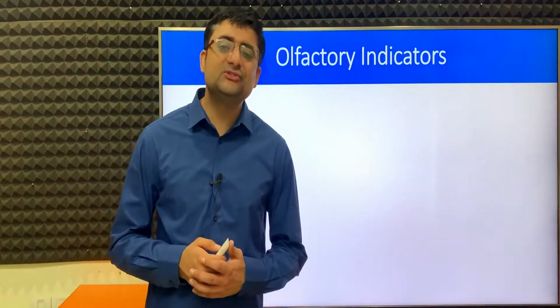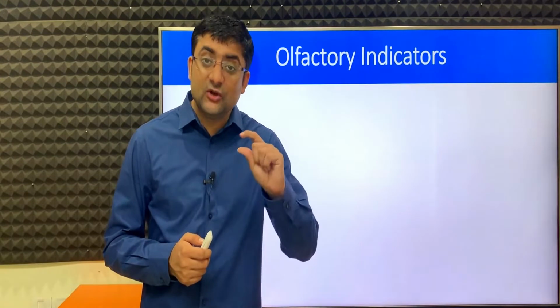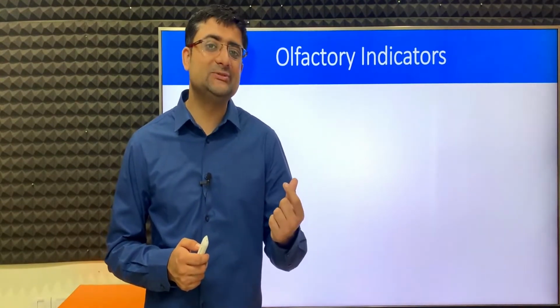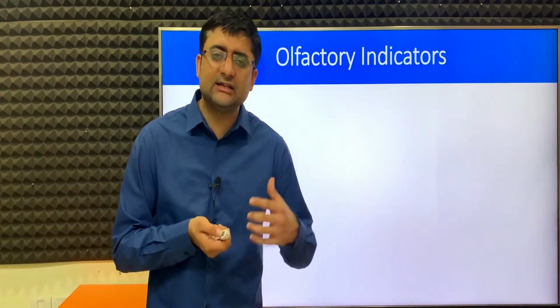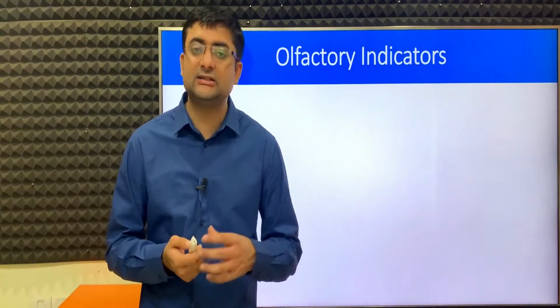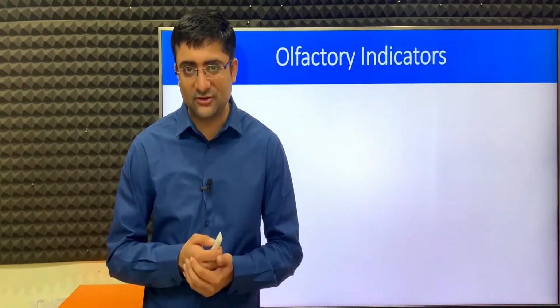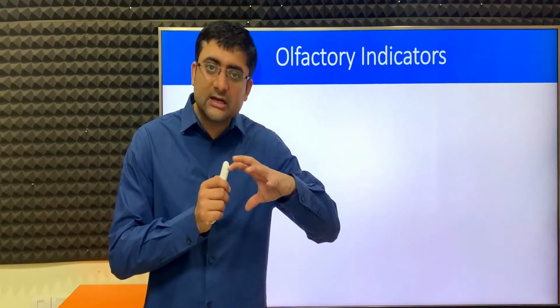So in the previous videos, we have learned the concept of indicators, that is, a special type of chemical substance which, by changing its color, tells us whether a substance is acidic or basic. Is this clear? So we saw natural indicators like litmus, China rose, turmeric, and then we saw synthetic indicators like phenolphthalein and methyl orange. So I hope all the indicators, their natural color, and what is the color change in acid or